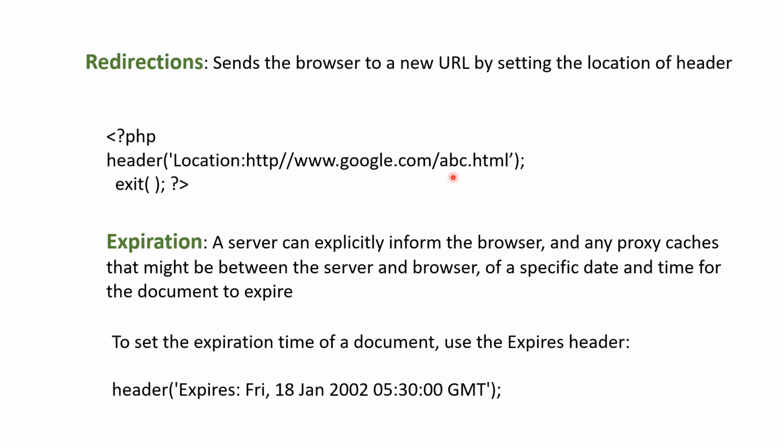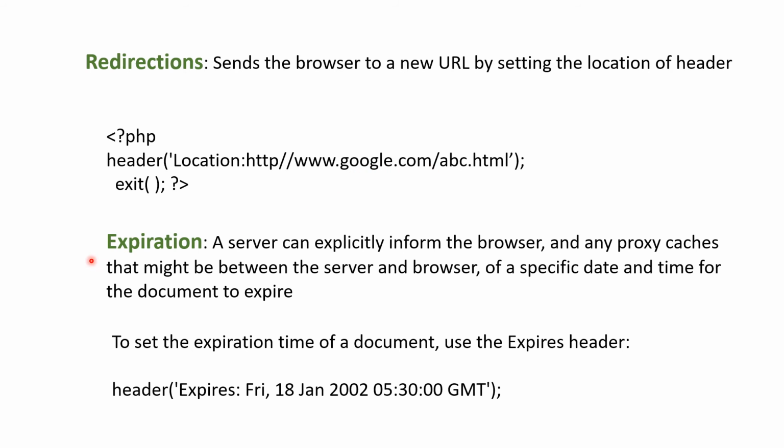In this example, if you provide a partial URL, only abc.html, the redirection is handled internally by the web server, and this is only really useful because the browser generally won't learn that it is not getting the page it requested. If there are relative URLs in the new document, the browser will interpret them as being relative to the document requested and not the document that was sent. In general, you will want to redirect to an absolute URL.